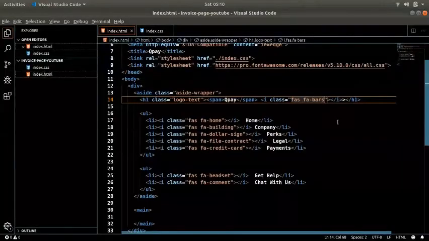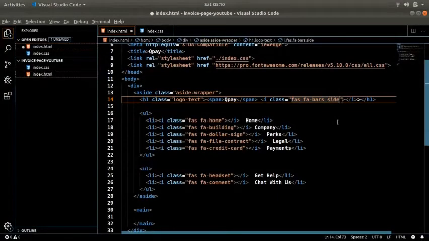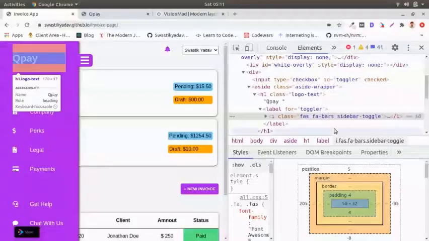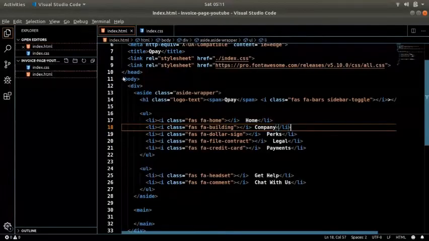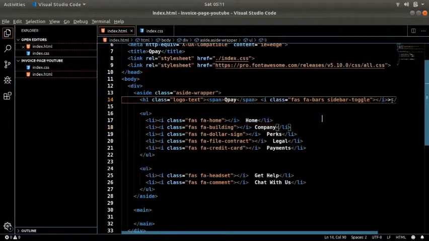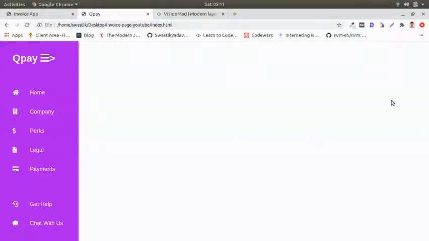Yep, fas and fa-bars, and also I'll give it a custom class name, sidebar-toggle. Okay, now with that in position, let's check out what we have. Boom. Where does this arrow come from? Okay, here we have it, and yeah, that's nice.